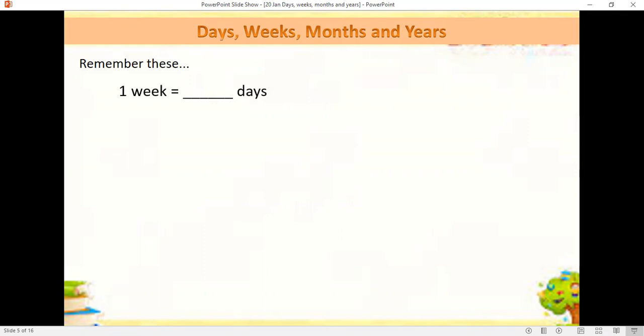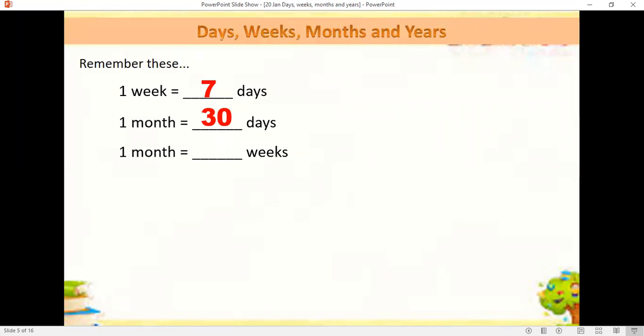Okay, in 1 week, how many days? Do you remember? Of course, we have 7 days. And how many days in 1 month? 30 days, sometimes 31. In 1 month, how many weeks? We have 4 weeks. In 1 year, we have 365 days. But if it's a leap year, we have